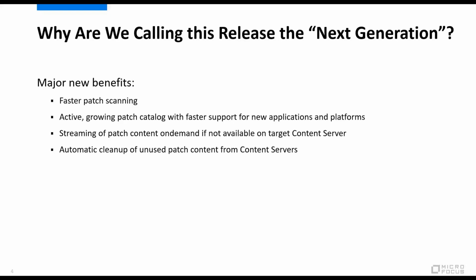The ability for those same content servers to automatically delete patch content that has not been used for a specified period of time, providing better disk space usage on the content servers. Less patch data is stored in the ZENworks database because bundles are no longer created for each cached patch. Instead, patch content is stored as non-linked content that is referenced directly by the patch policies and remediation deployments that